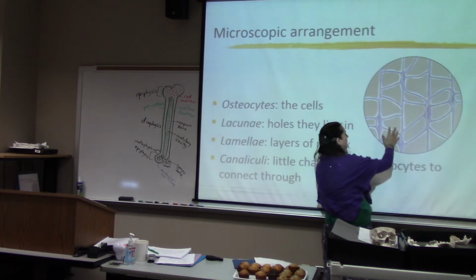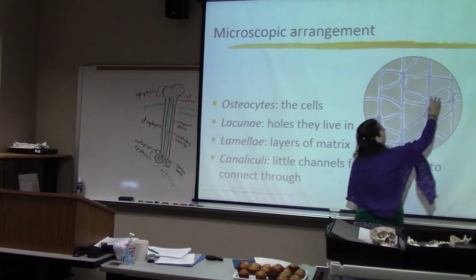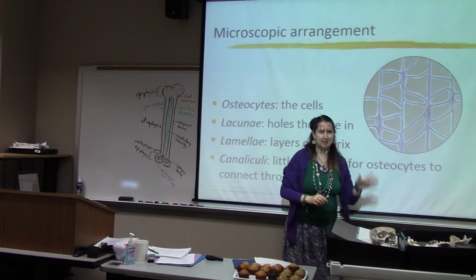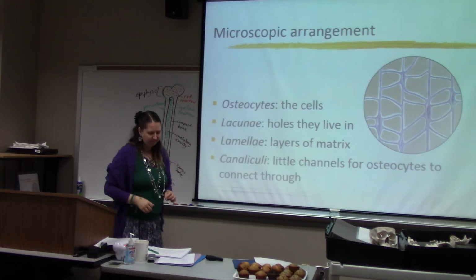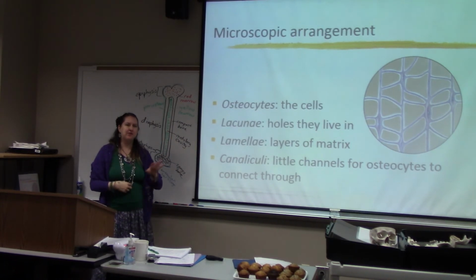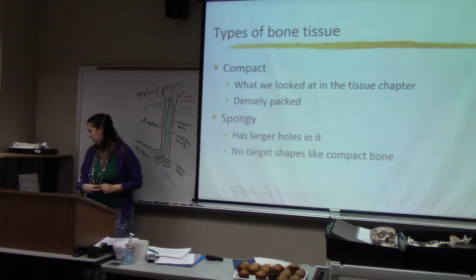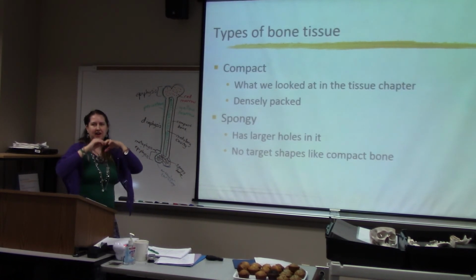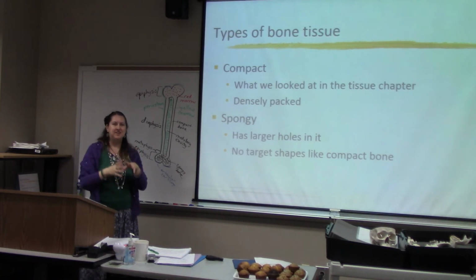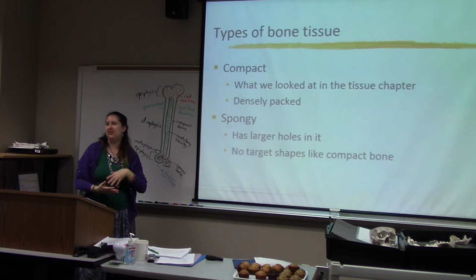Each of these columns, as shown here, would be a lamella. Osteocytes scattered, connected by canaliculi. So this much we find in both compact and spongy bone. Compact has a little more to it, and it's densely packed. There's not gaps in it any bigger than needed to allow the blood vessels